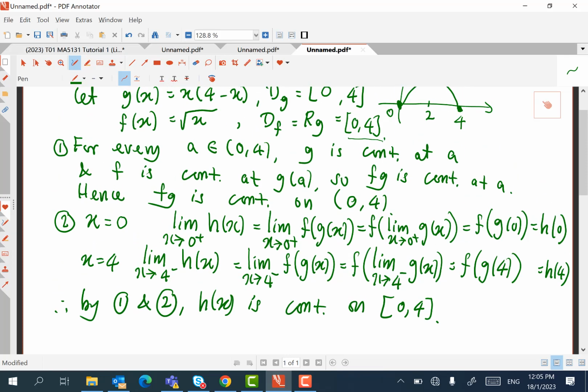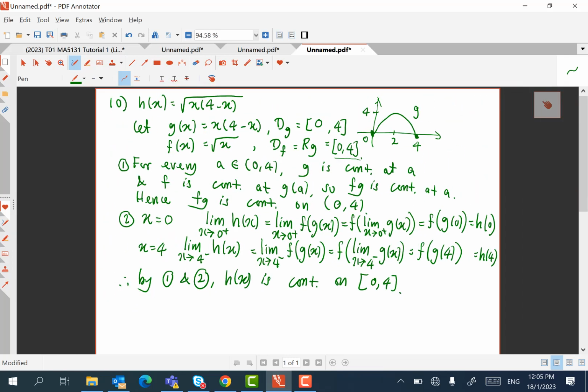So number 10 is a bit, it's just writing. Some people some years ago said, Mr. Lim, this question is too obvious to prove. They say because the function f and the function g are continuous everywhere to start with, this question is actually trivial and obvious. I mean, this whole question is to make you understand about continuity on a closed interval,